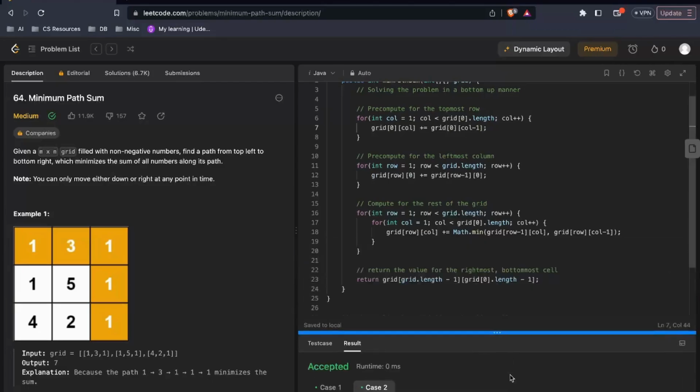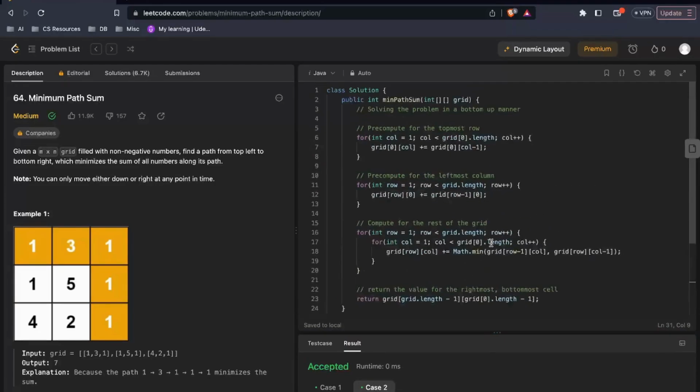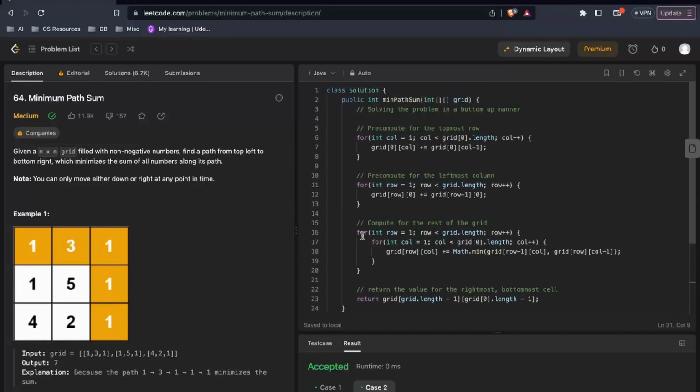So the time complexity and the space complexity is one thing that we want to cover. For time complexity, we have two normal loops here and one nested loop. So let's calculate the time complexities for each loop separately. Now we are iterating for the topmost row. The thing which is changing is the column. So if there are n columns in the grid, this loop will be executed n minus one number of times. And if we convert that into an order of magnitude thing for the time complexity, we will be getting O